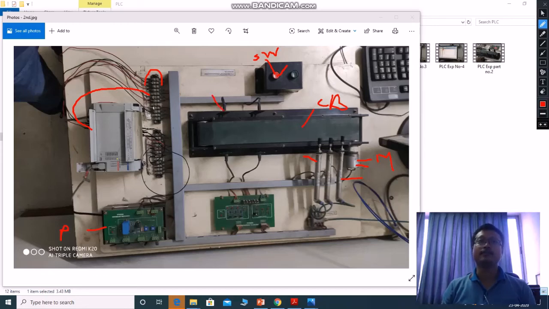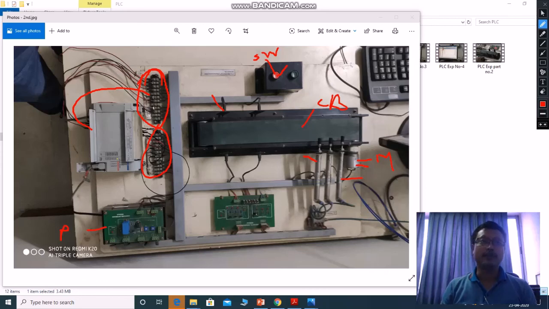From sensors also you can take input and run any output device like a motor or cylinder. So switches and sensors are called input devices, and you need to connect them with this input interface. And cylinders and motors you need to connect to the output interface wires.